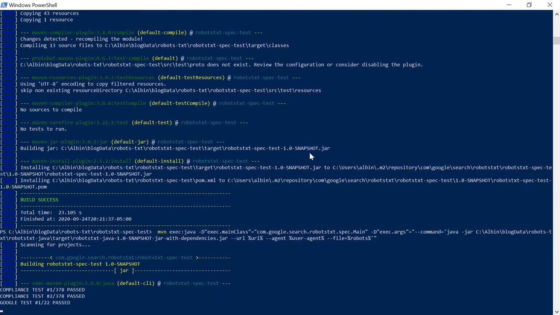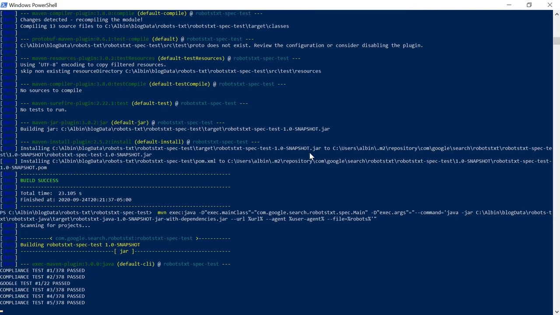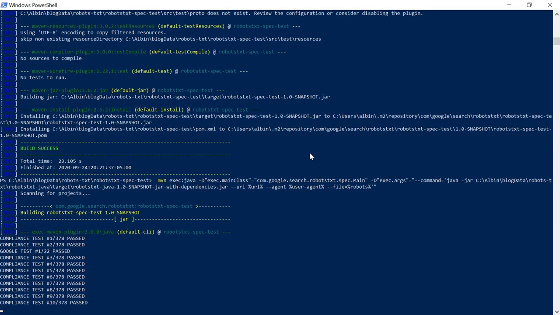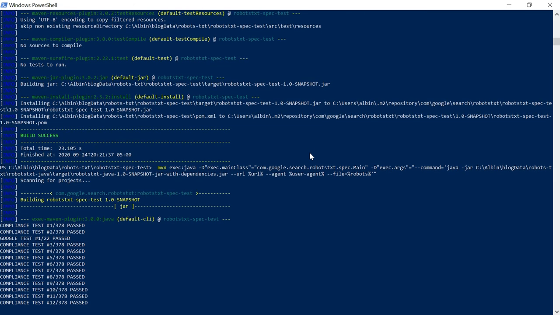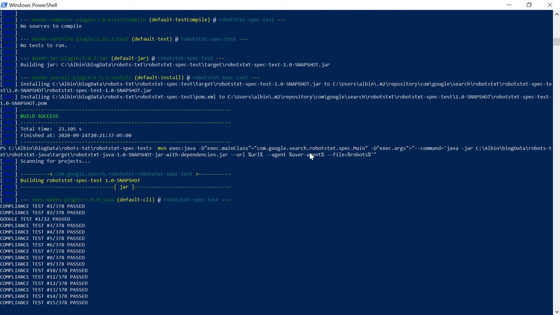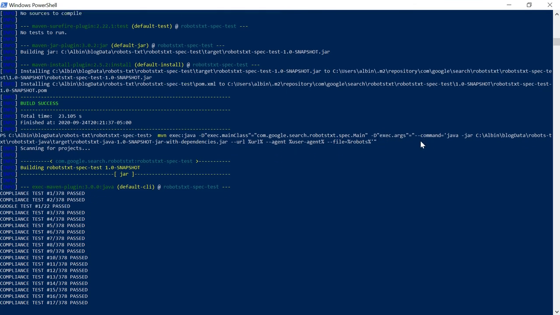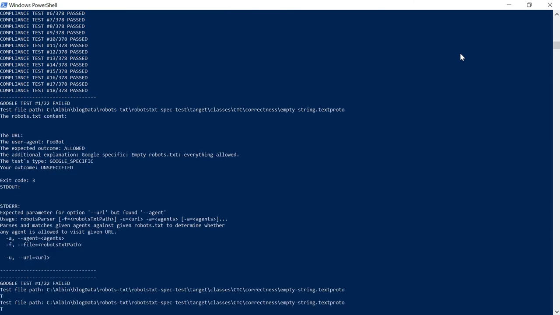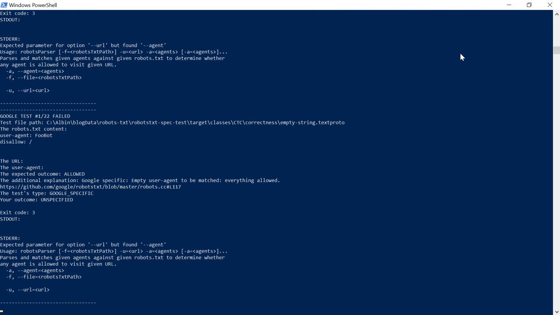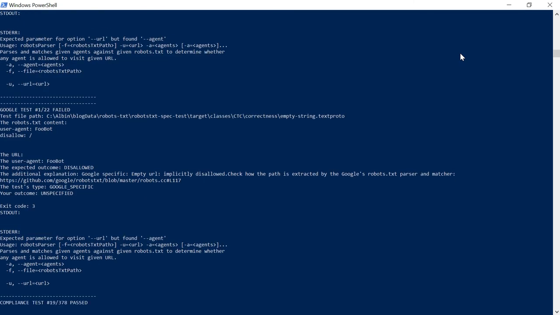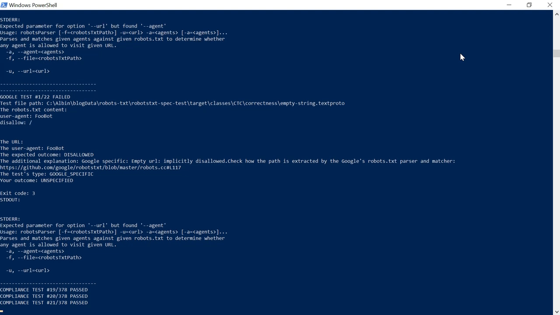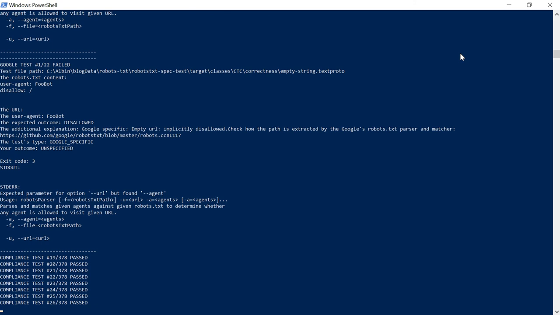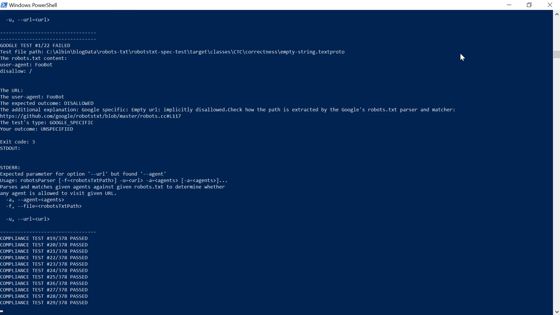Yeah, it will show you all the status, like tests passed, some tests may fail, and so on. This is equally applicable to any other custom parser implementation. The only thing you need to change is this command section, which is the command to invoke your parser. You can provide that command so that it will test against your parser. Also, you can define custom test cases to test different scenarios.